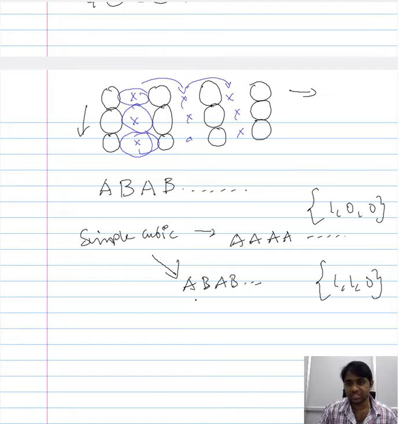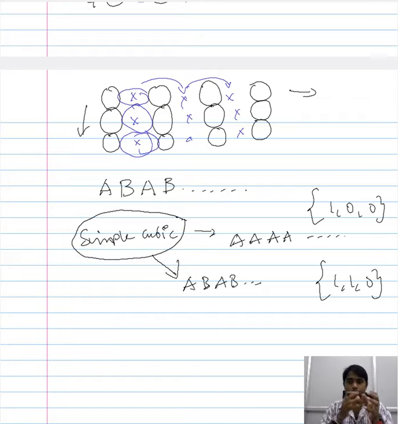So what we have essentially done is, within the simple cubic crystal structure, we were able to find two different atomic arrangements, two different sequences of stacking. Stacking sequence is not characteristic of a particular crystal structure, but largely varies with the direction and the plane that we consider. In case of the 1, 0, 0 family of planes, the stacking is identical. In case of the 1, 1, 0 plane, the stacking varies between a couple of planes. Between A and A, there is a different stacking. Between B and B, there is a different stacking.